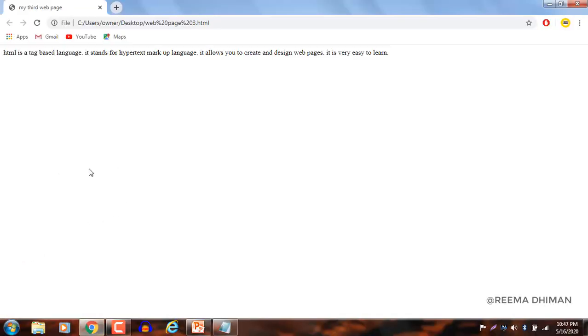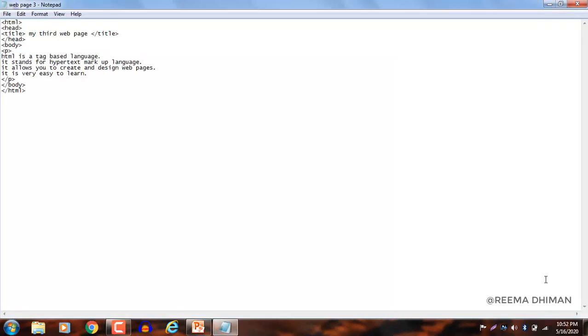As you can see in the code, I have written 4 different lines. Here, because of the p tag, these 4 lines are showing as a paragraph on the web page. So this is the use of the p tag. The p tag is used to display a piece of information in the form of a paragraph. What is a paragraph? A long piece of information. Clear? So this is the use of the p tag. Now we will discuss some attributes of the p tag.